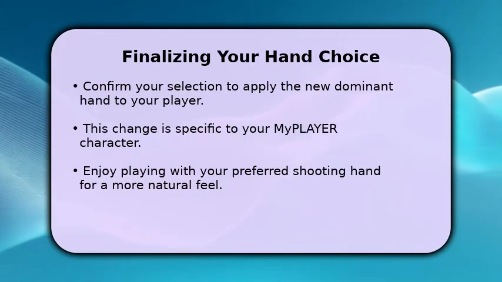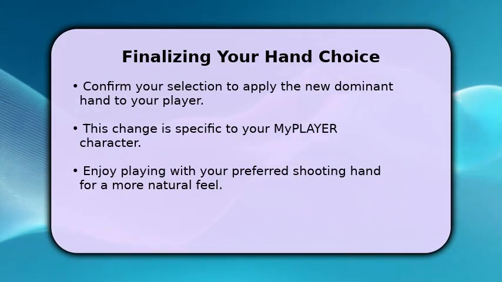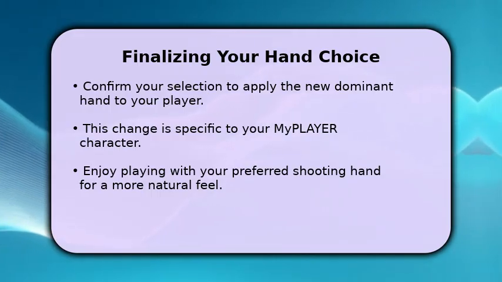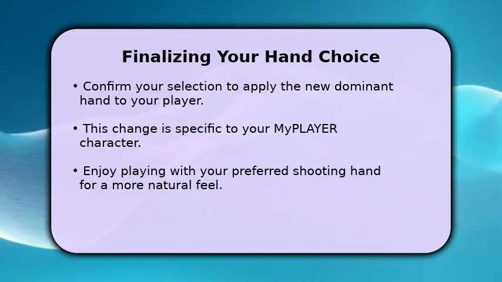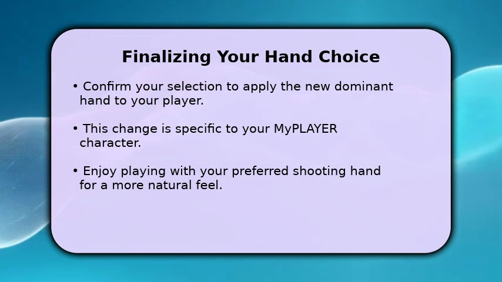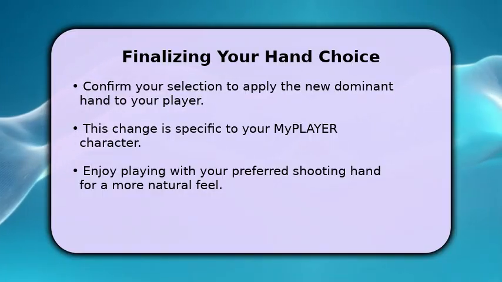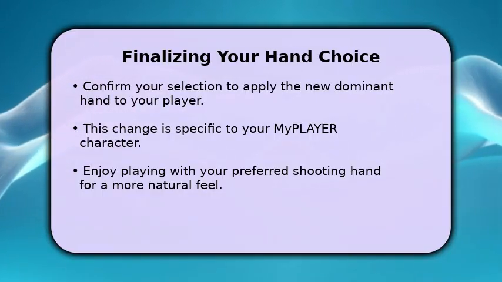After selecting your desired dominant hand, ensure you confirm the change to save your settings. This adjustment is applied directly to your current My Player character, allowing for personalized gameplay. Unlike in some older versions of the game, this process is now quite simple and does not require starting a new player. Enjoy the game with your preferred shooting hand, which can make your on-court experience feel much more